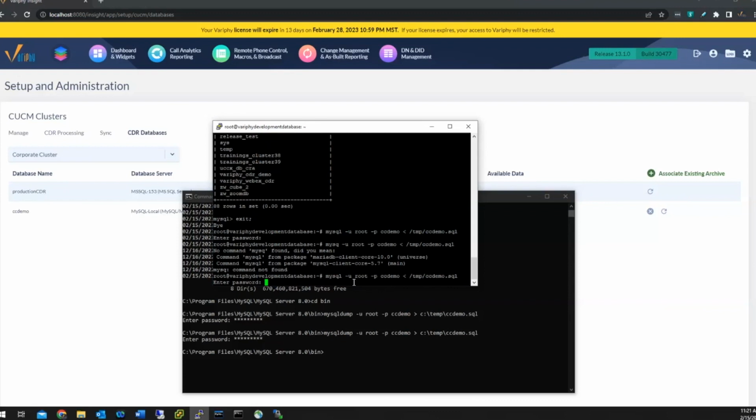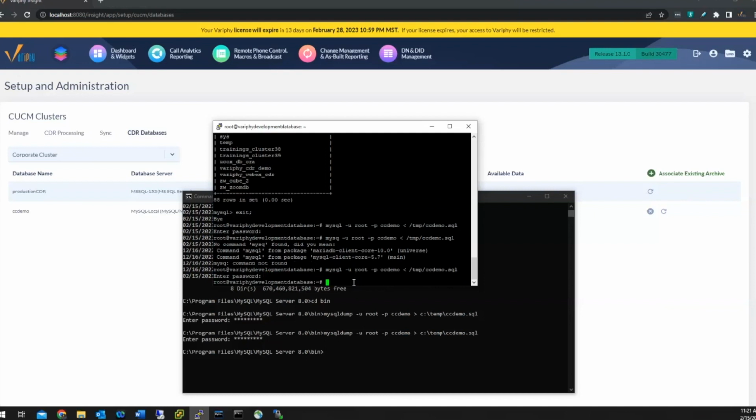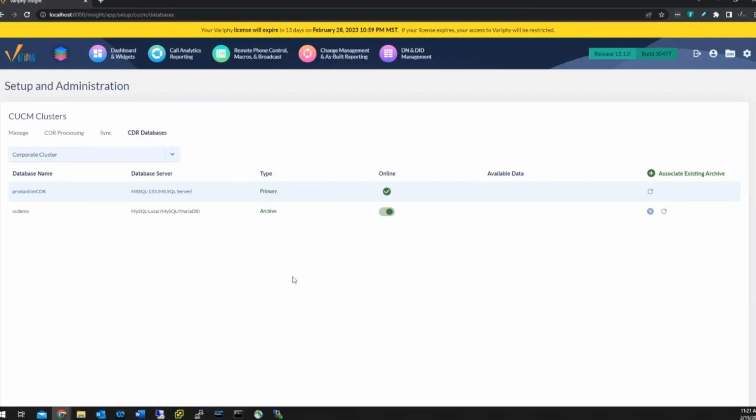Okay, and then it's standard password here. Okay, and that's done as well. Again, this would take a lot longer if it actually had data in it, but since it's basically an empty database, it takes all of 2 seconds. And then same process, you just